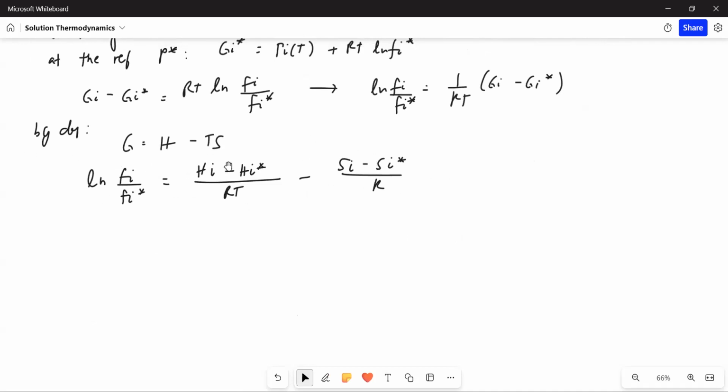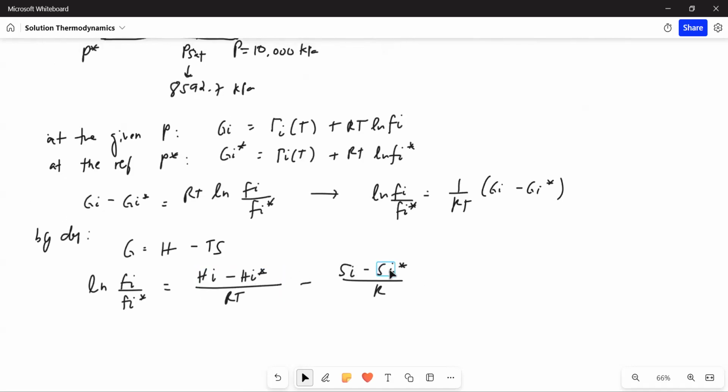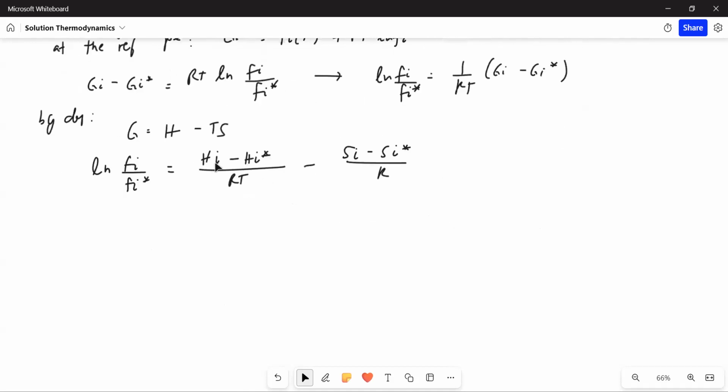Why? In the steam table, we have values for enthalpy and entropy. So we just need to get the reference enthalpy and entropy at the reference pressure, and then for the given pressures, we can also read that from the steam table. And now we can calculate the